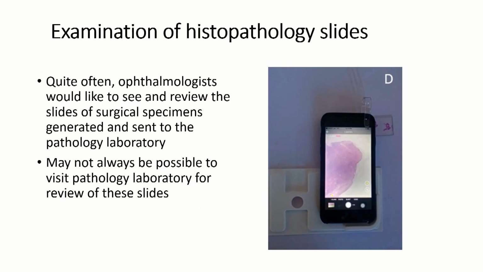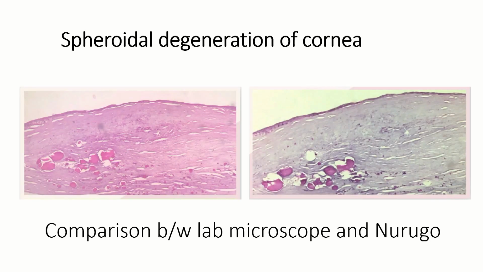Another use we found of this pocket microscope was examination of the histopathology slides. Quite often, ophthalmologists would like to see and review the slides of surgical specimens, especially generated by themselves, and it may not always be possible for ophthalmologists to visit the path lab for various reasons for review of these slides. We found that this pocket microscope is useful in capturing the details of histopathology slides, as has been shown in this representative diagram of spheroidal degeneration of cornea, and the mauve color deposits are very well demonstrated in comparison to